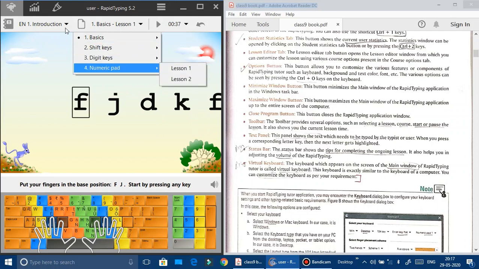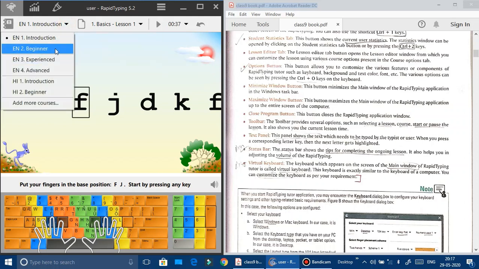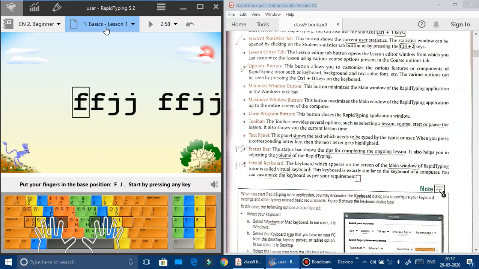So this was for introduction only. Introduction and beginner are almost the same, there is nothing different in them. So whatever course you select, you will have lessons here. Okay, I hope it is clear to you. Fine, so whatever course you open, corresponding lessons will be in front of you. Fine, so you need to practice one by one for all of them. Okay, then next is your